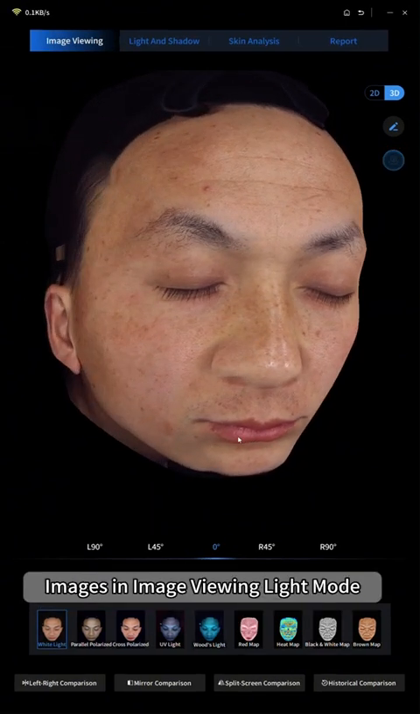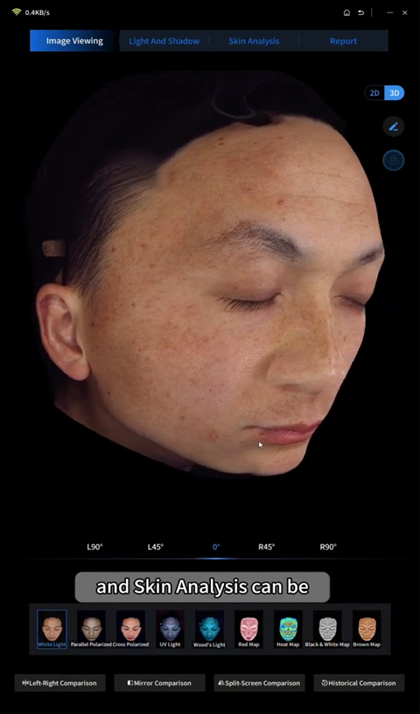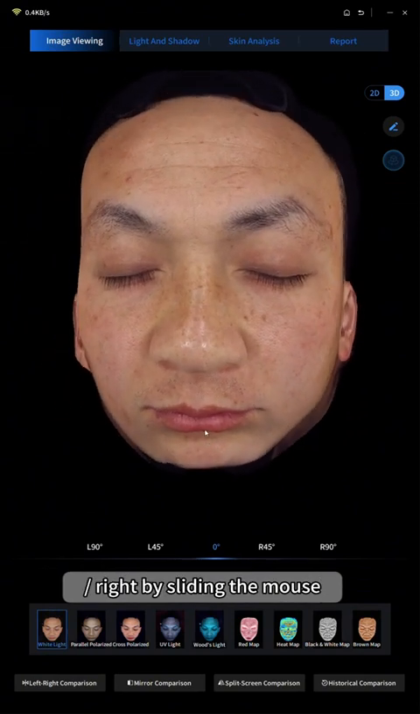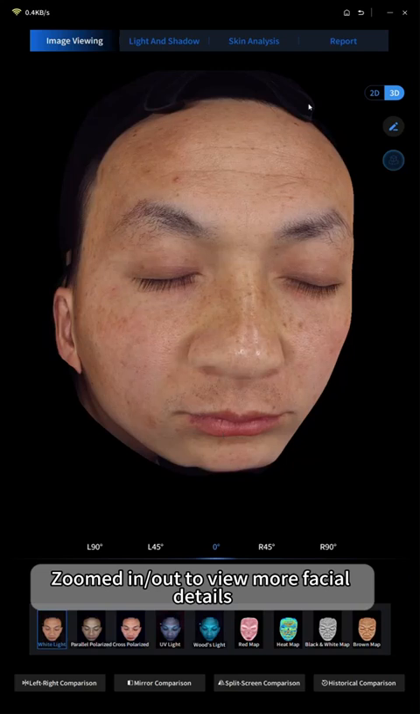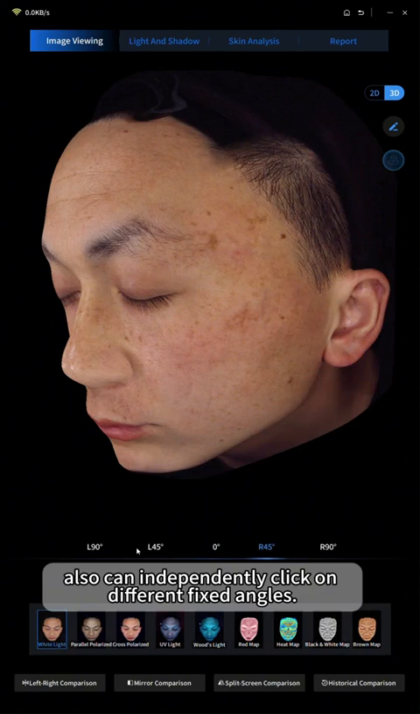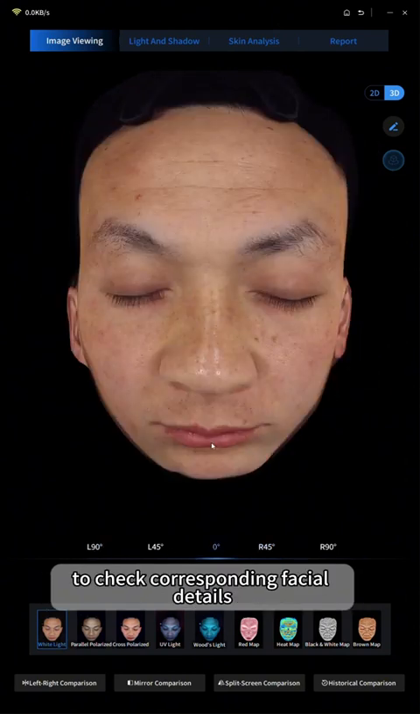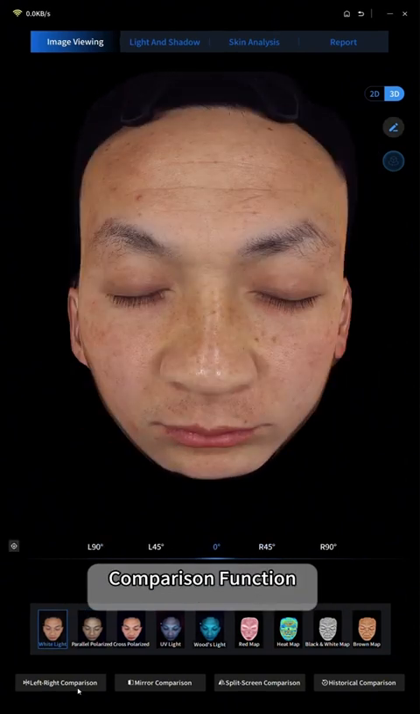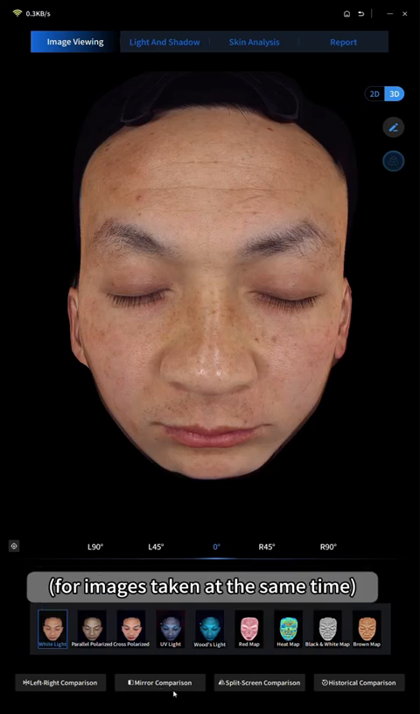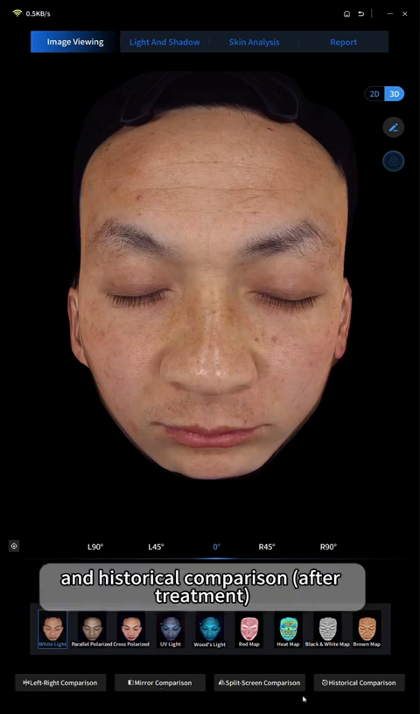Images in image viewing light mode and skin analysis can be adjusted up, down, left, right by sliding the mouse, zoomed in or out to view more facial details. Also can independently click on different fixed angles to check corresponding facial details. Comparison function. Supports multiple comparison modes, including 3 real-time comparison modes for images taken at the same time, and historical